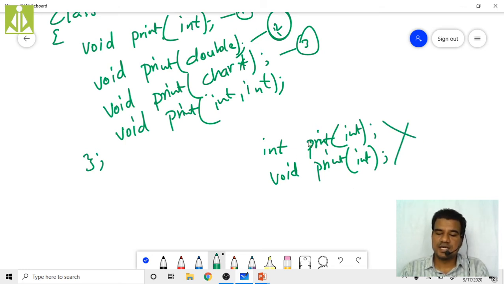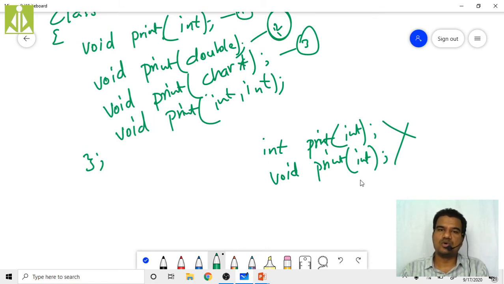As you can see, both the function names are the same as well as the parameters that you are passing, and you are changing only the return type. You are expecting these two functions to be overloaded. One function will return an integer value, and the other is not returning any value, and you expect your compiler to consider these as different definitions and different declarations.